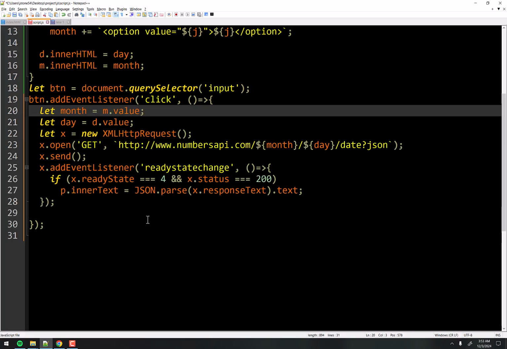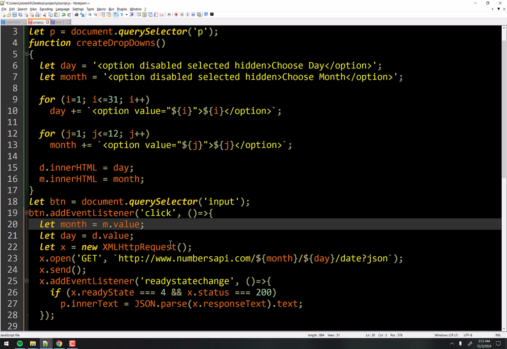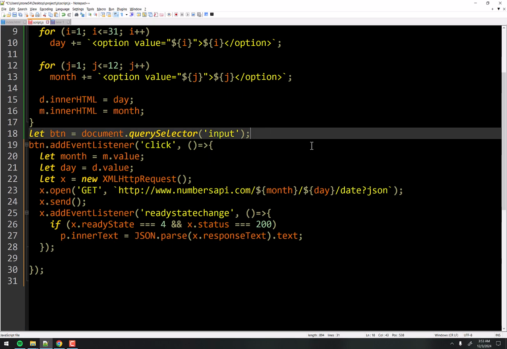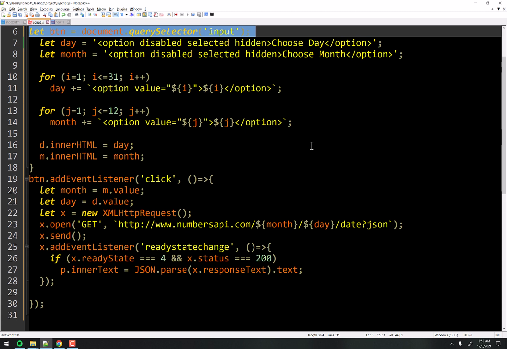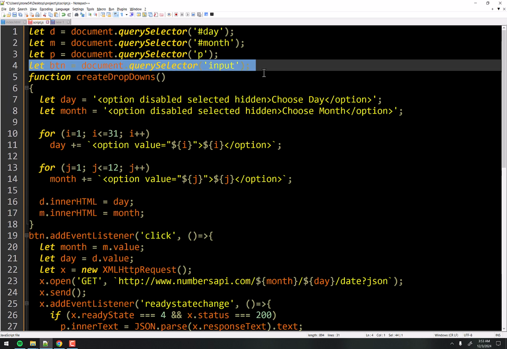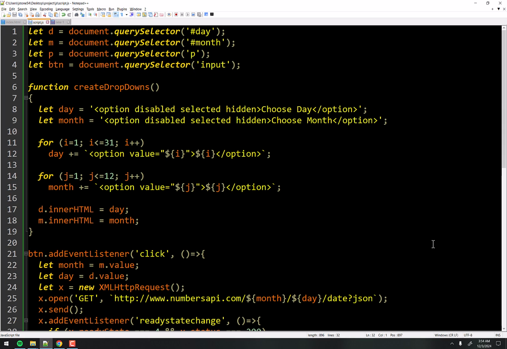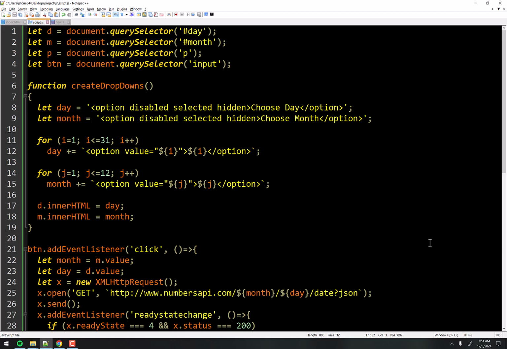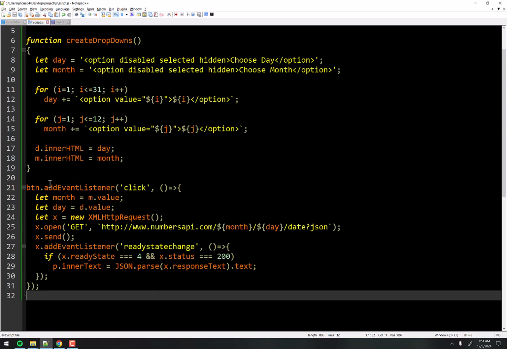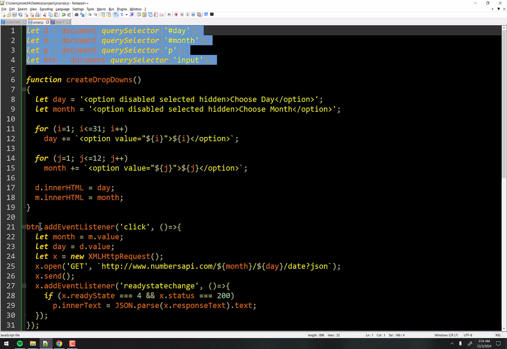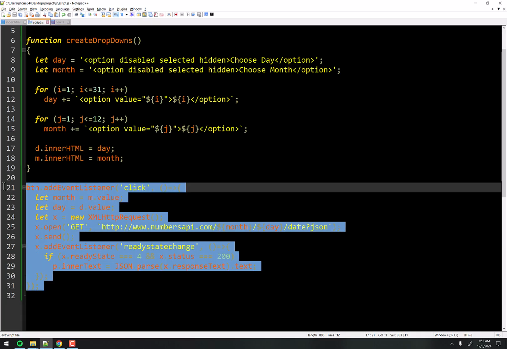And now it's a little crowded there, but that is more realistic of what you will see in the real world. I'm also going to move this let button here to the top, right? So now we have all of our variables at the top, all of our objects. So that's it for Ajax. It's pretty simple, even though we have all this extra code for creating drop-down boxes and we have these objects up here. This is just the Ajax part right here. That's it, right? So not a whole lot going on there.